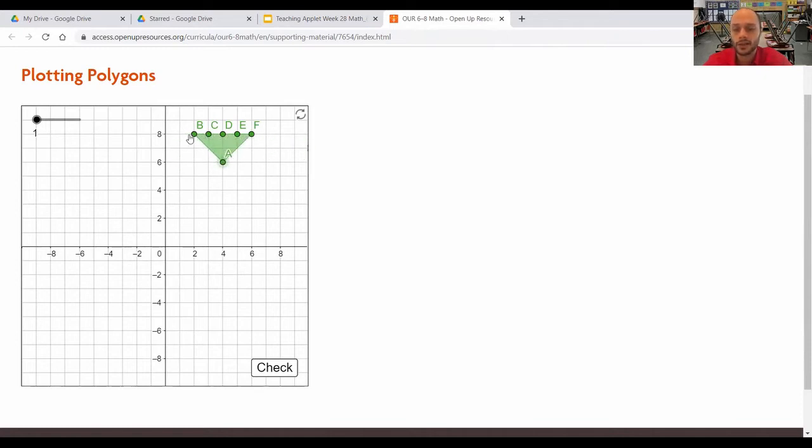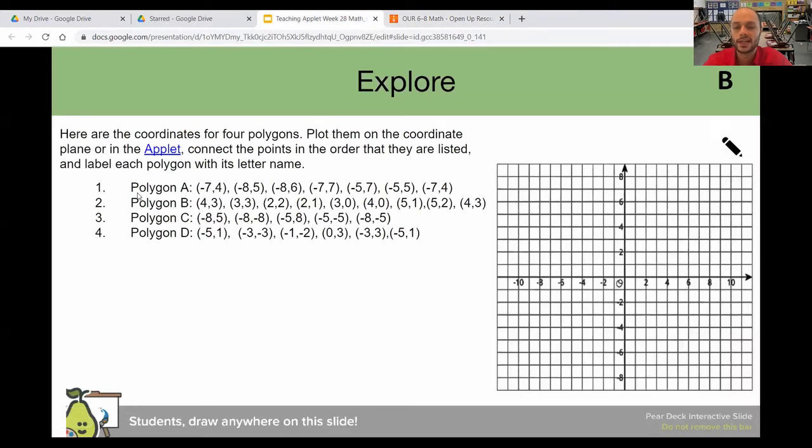Right now I have a triangle. I can move it around and I can make a square. So you could do all kinds of things, but we're not going to specifically make a square. We are going to look at the slide that we have before, and we're going to actually work on all